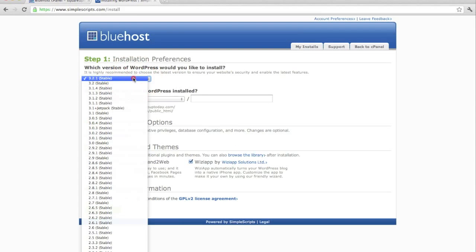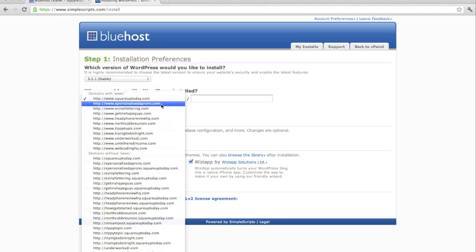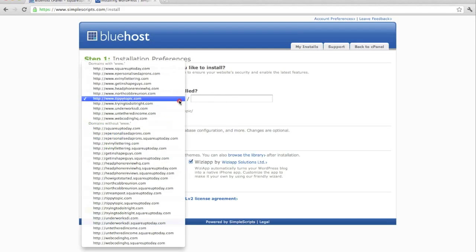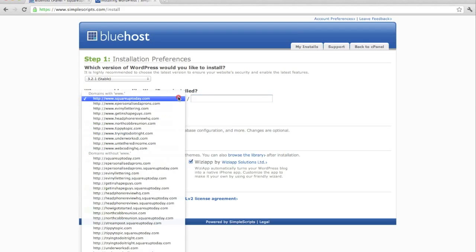And there's a couple things you can do right here. You're going to choose the latest version because that has all the security updates, and in this case I chose tippytopic.com because that's where I want to install my WordPress. However, if you don't have a domain already purchased, you can create a subdirectory of your main domain name. So again, here I'm going to change back to tippytopic.com,